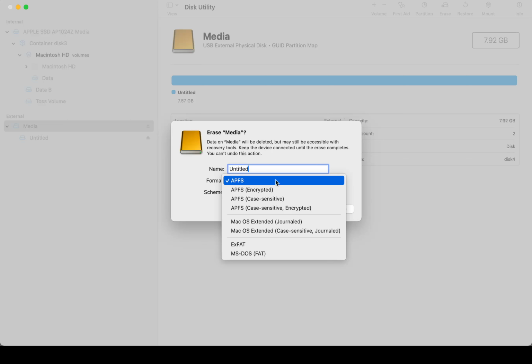So you would come in here and you would actually select this. You do not want to select this APFS encrypted. The reason you don't want to select this is that this is a different place and a different way of encrypting your hard drive. I'm not against you encrypting your hard drive, but you don't want to do it here,